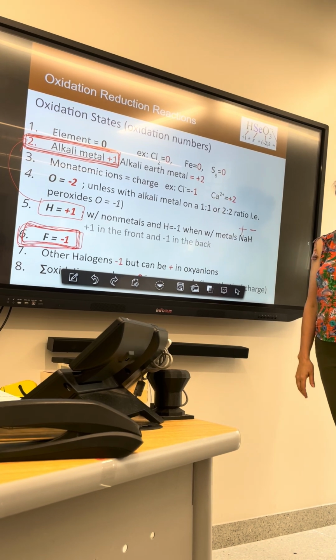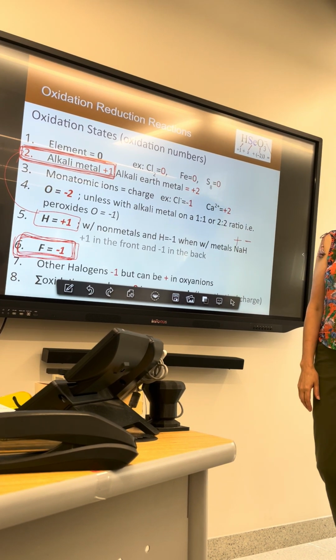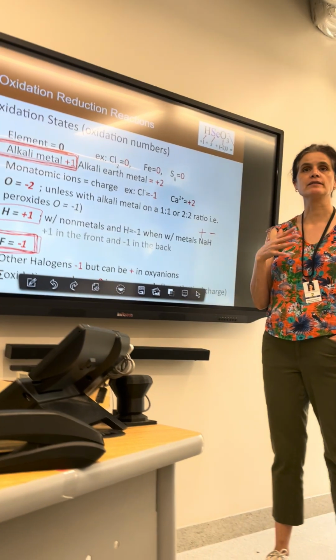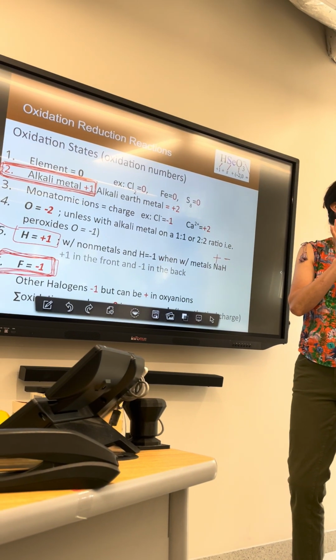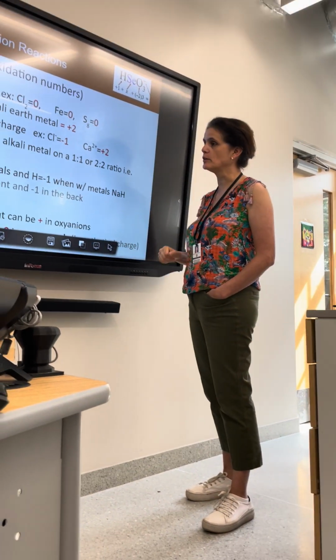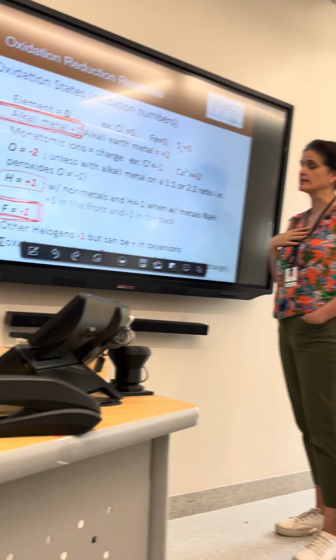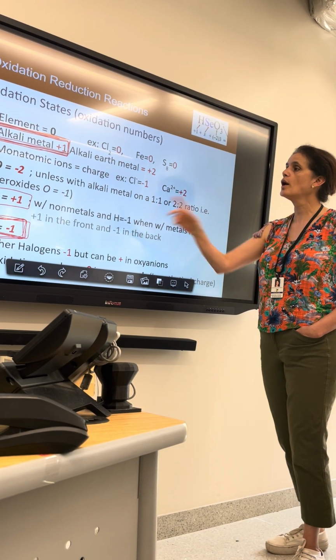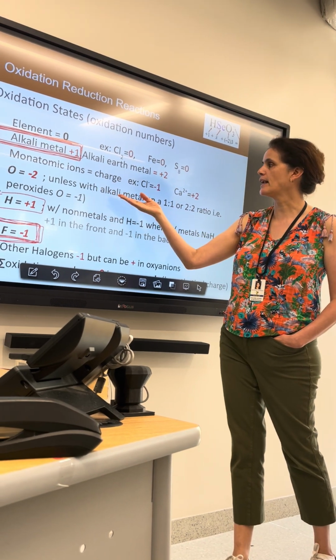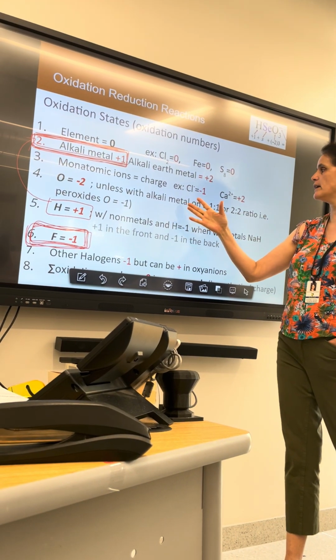Hydrogen will be forced to be a minus. So that's an exception for hydrogen. Otherwise, hydrogen will always be plus, right? It's easy to get rid of that one, but if it's with an alkali metal there is no exception. So in metal hydrides, alkali metal hydrides, it'll be minus, it won't be plus. Oxygen is always -2. Again, if it's an alkali metal, it will be whatever it has to be.